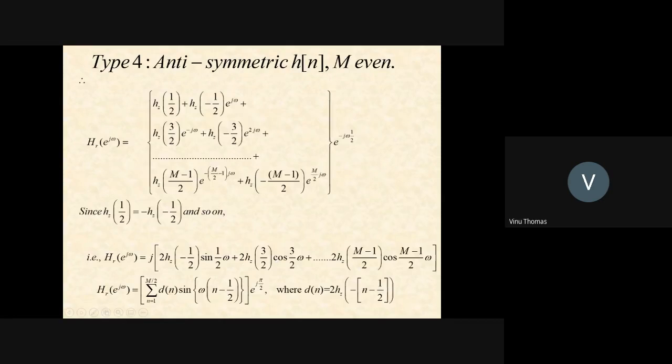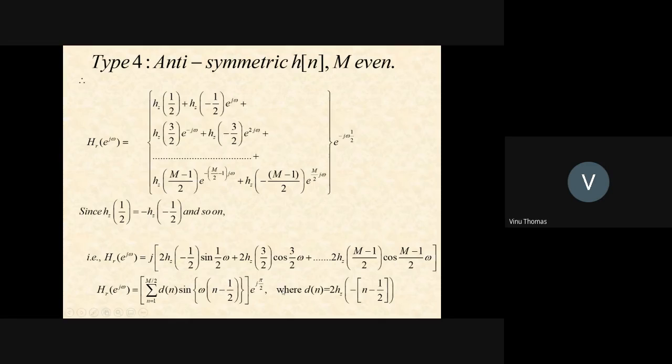So therefore, you can write the H_R expression for H_R of e^{jω} as h of 1/2 plus etc. into e^{−jω/2}, because you have to shift this by half samples to the right. Just like we relabeled the indices previously, we have to shift by half samples to the right, so that now it is anti-symmetric with respect to the origin, and there are two samples on either side of the origin. So you don't have a sample at the point of anti-symmetry. Instead, the point of anti-symmetry is between two samples.